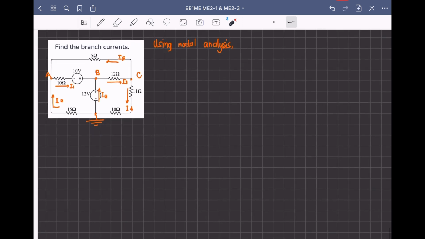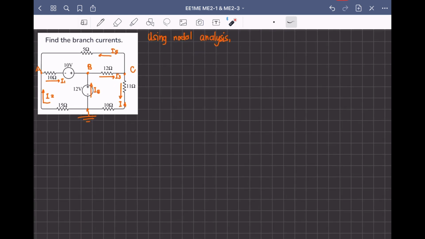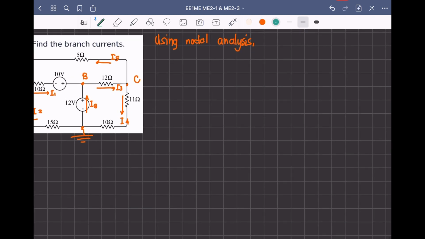So, diba sa nodal analysis before, sabi natin, in nodal analysis, it's easier to have a branch that has voltage source lamang be connected to the ground because it leads us to an inspection wherein we apply KVL, diba? So, by inspection,